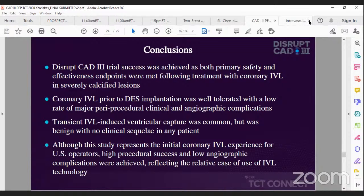Yes, and the cost is very important. It is 75,000 pounds in the Egyptian market. I think this is because it is a new technology, and if we use it more, it will decrease in price eventually. Yes. And it is mandatory to use IVUS or OCT while using this balloon, till now, to determine